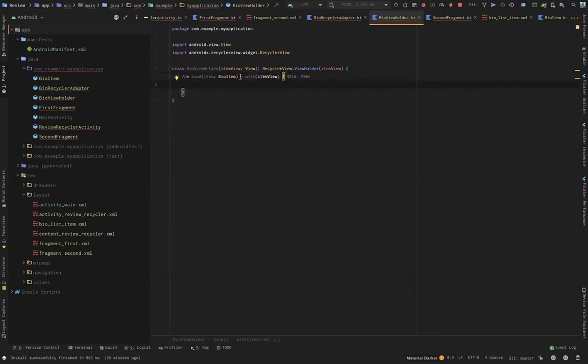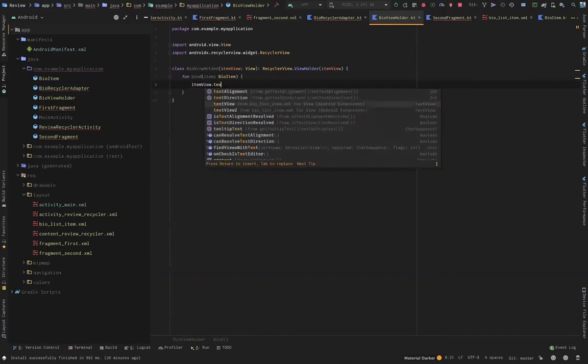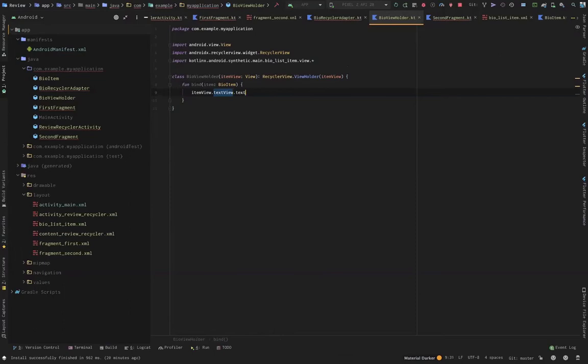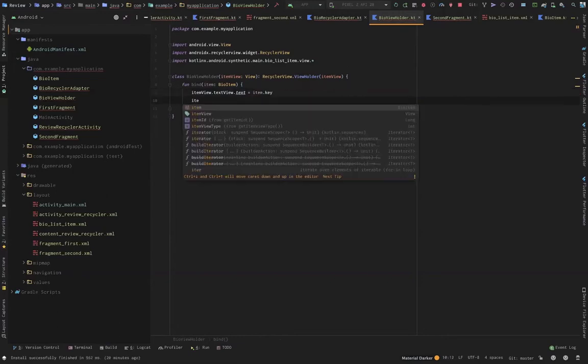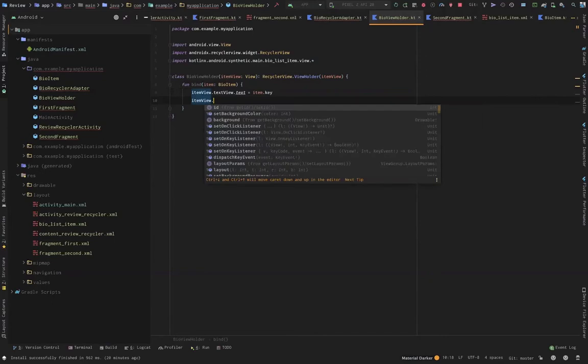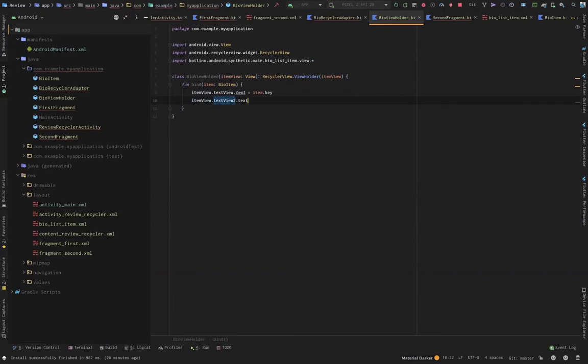Okay, so let me give an instance. Let me go back to this default way. So this default way, I will do item view dot text view 1, and then I say dot text and set that text value to item dot key, and then I'll do item view again, text view 2, and do the text and do item dot value. So this effectively